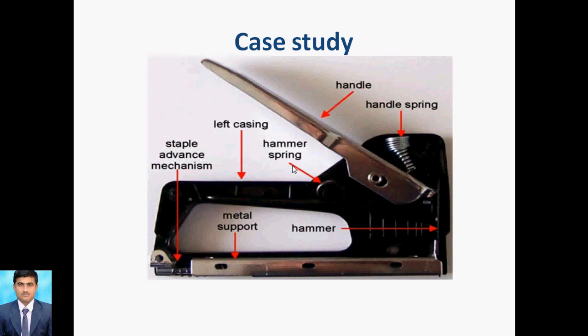The next case study is a stapler. The original stapler has up to 81 parts, and it required 40 to 50 seconds for assembly. But nowadays we can reduce the number of parts as well as use different techniques of DFMA and DFA. At that time we reduced it up to 40%, so only 40% of the parts are required for these staplers. That many integrated parts we can use for assembly. So this is a better impact of DFMA.